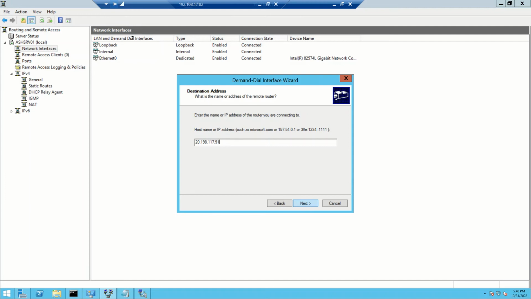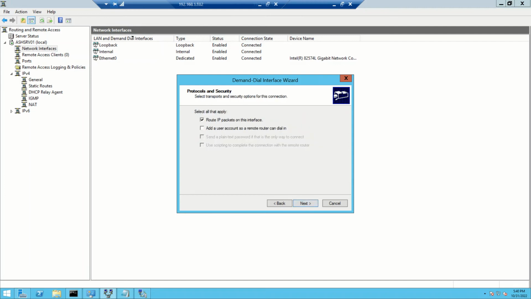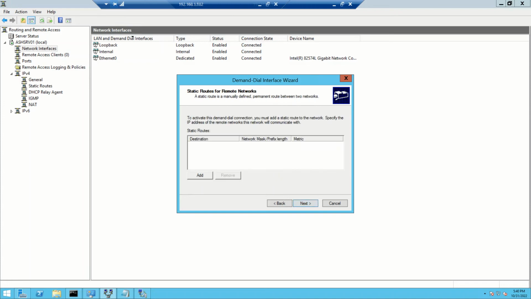So we'll be using route IP packets on this interface. So we'll be routing the IP packets, so we'll select this. And this is where, to activate this demand dial connection, you must add a static route to the network, specifying the IP address of the remote network interface this network will communicate with. So this is where we will be telling this to our RAS server,